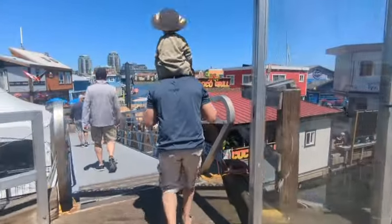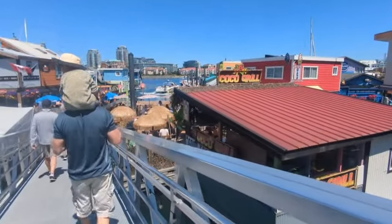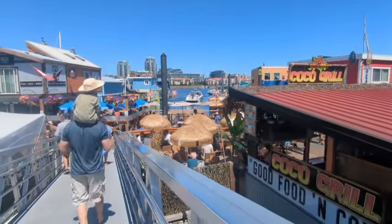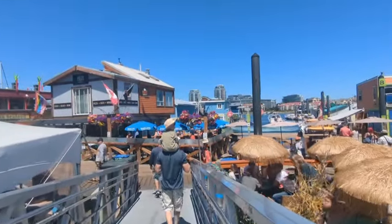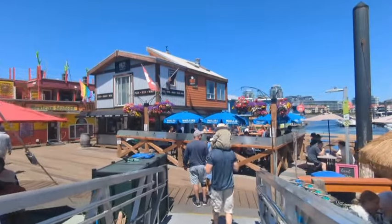Finally, we're here. This is the Fisherman's Wharf. Welcome aboard, guys. I'm not sure if it's always like this, busy, because when we arrived there, it was around 1. It's still lunchtime, so maybe that's why. Or it could be always like this during the day, since this is one of the famous tourist spots